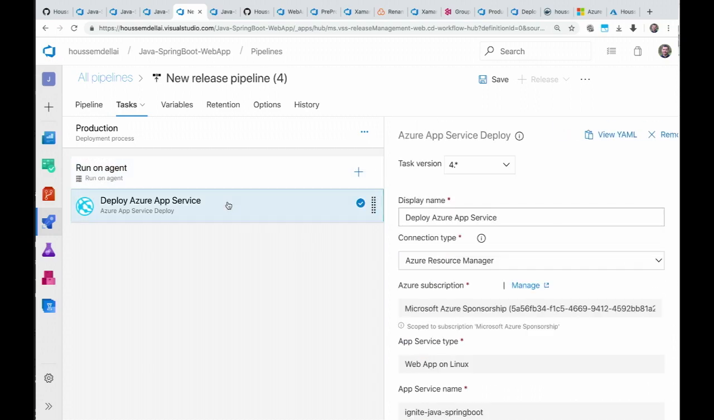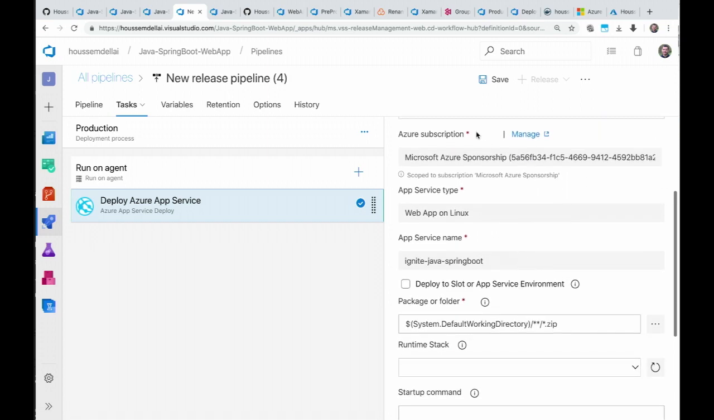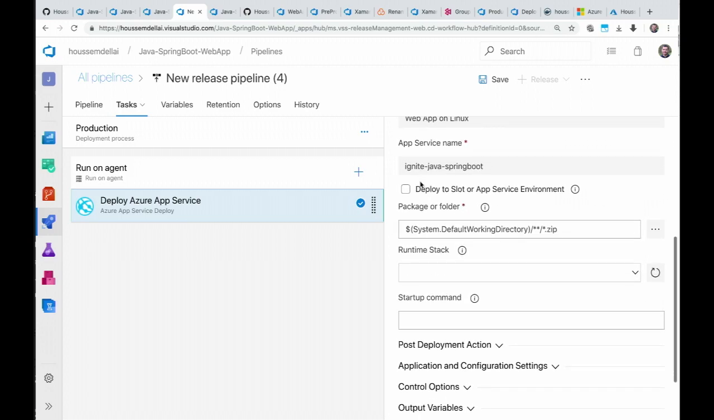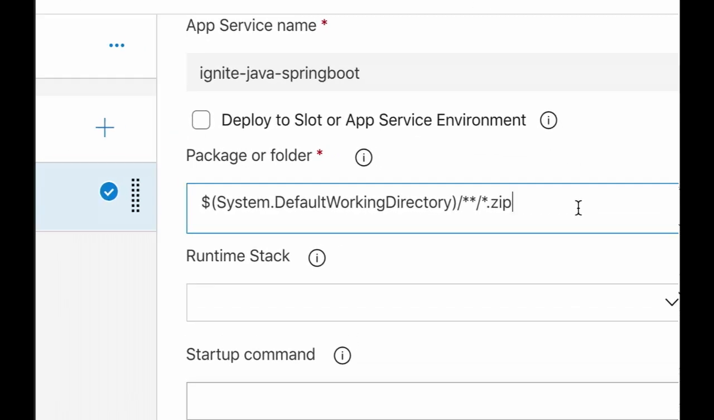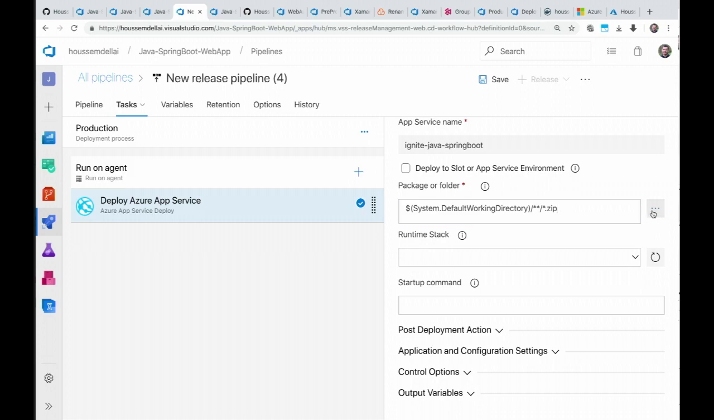And that's all. Now for the CD pipeline itself, this will deploy into Azure App Service. So here it takes my Azure subscription. It will deploy into web app on Linux. It will take the exact service. And here it expects that I want to deploy a zip file. But here I have a jar file, so I'll just go and change that by clicking right here on this